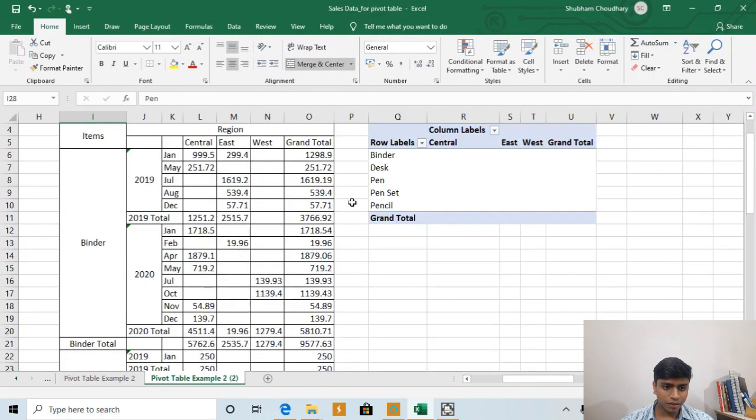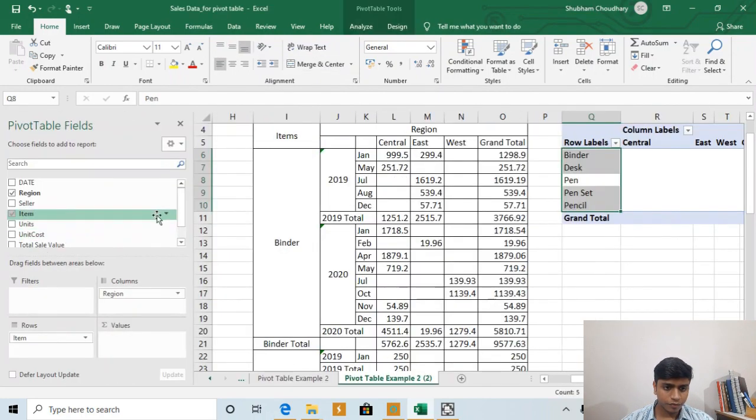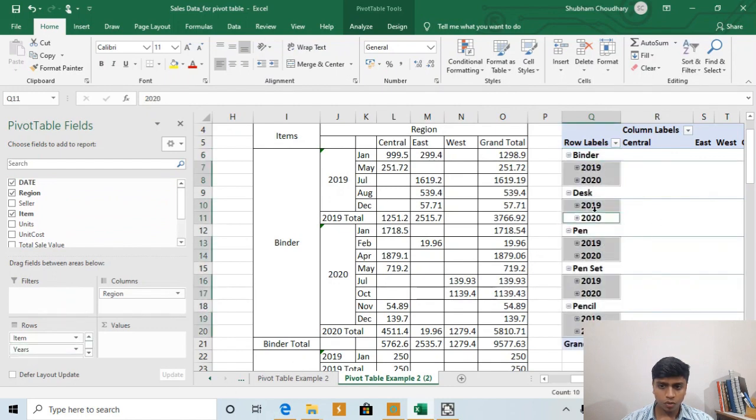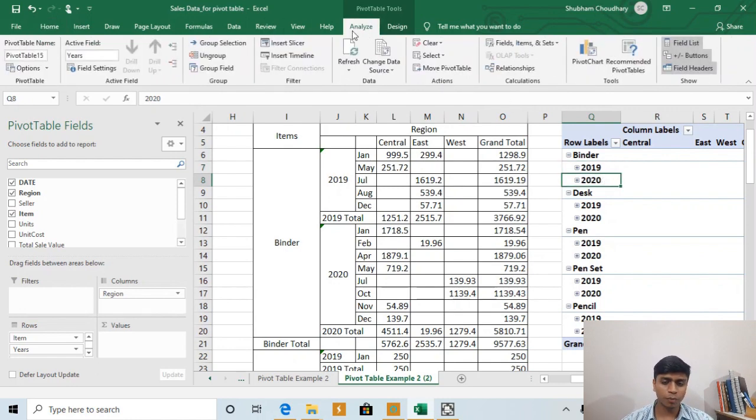Then we want the date. With the date, we can just select the date, and that also we want in the column only, like this. So now again we can see that this is currently in years. We want in year as well as in months. So we will again, if you remember, go back to the analyze tab and do some grouping and ungrouping. Currently it is in years. As per our question, we want in month and year both.